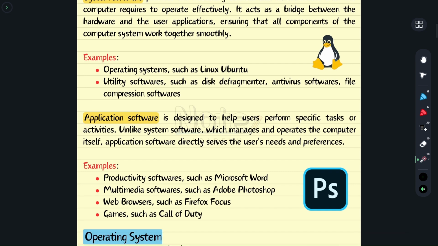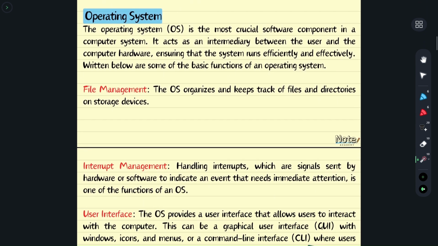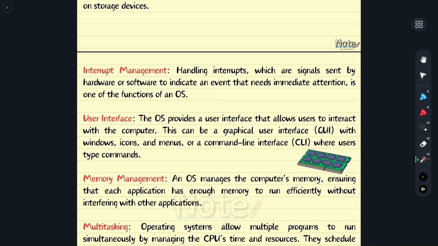Alright, so coming on to the detailed explanation of operating systems. I told you before that operating systems are basically types of system software, right? There are two main types of operating systems, which are the graphical user interface operating systems and command line interface operating systems. If you've ever used Windows or Mac OS, these are types of graphical user interface operating systems. They have windows, icons, folders, menus, and stuff like this, so that it makes life easier